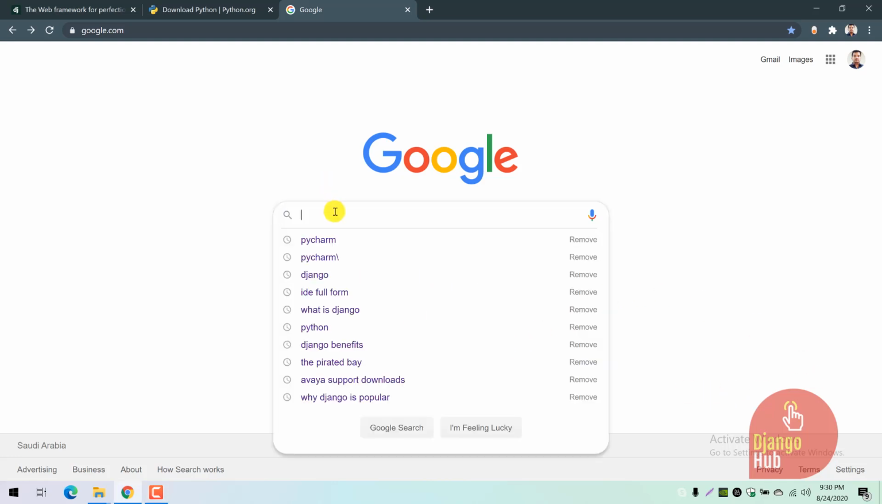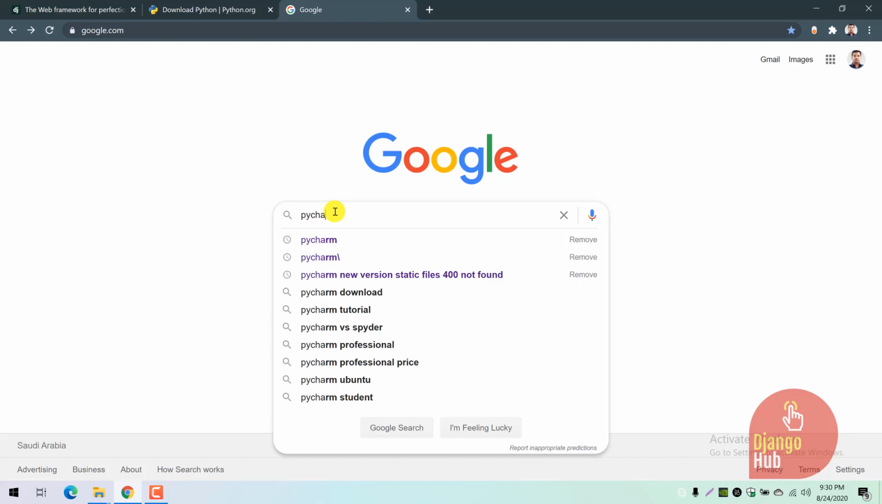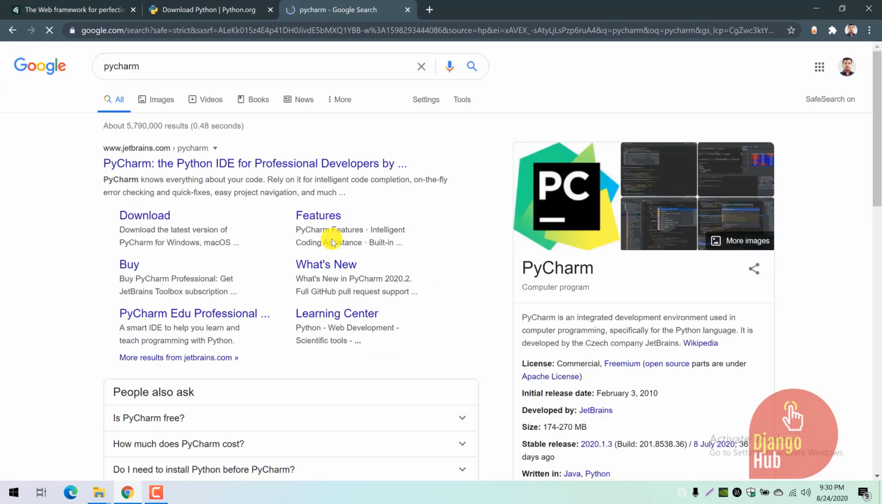So to start working on Python, we need an IDE. So we use PyCharm for that. So click PyCharm in a Google engine, and PyCharm is an IDE used especially for Python language. On the official website jetbrains.com,